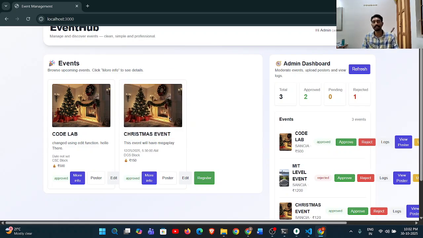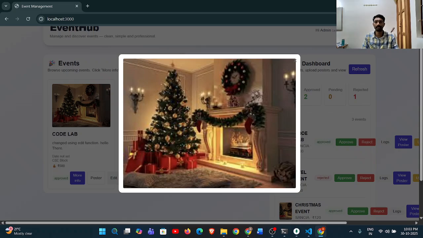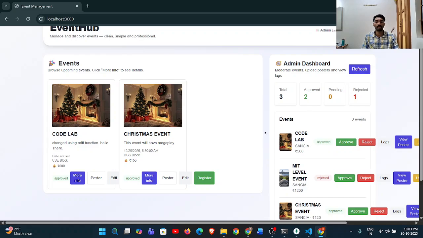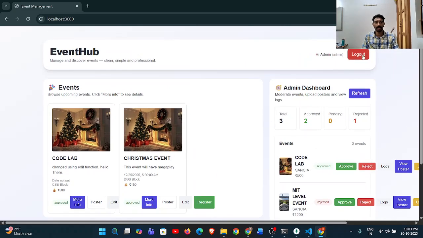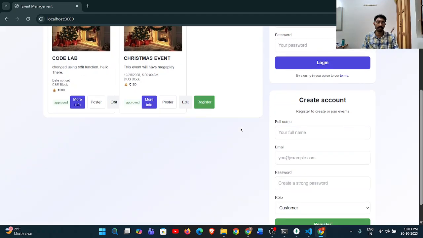Basically, this is not just an image. This is where the user, the admin or the organizer of the event can upload their poster. I can click on poster and view the poster and its details. Fine. We can now log out of admin. Now we'll understand